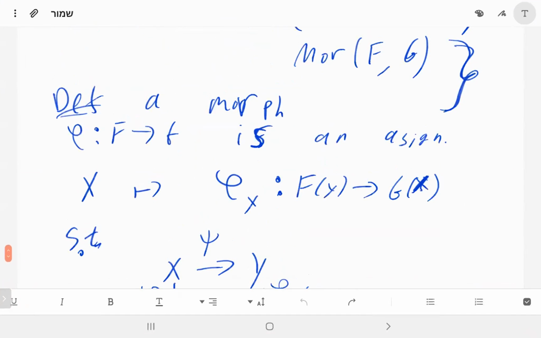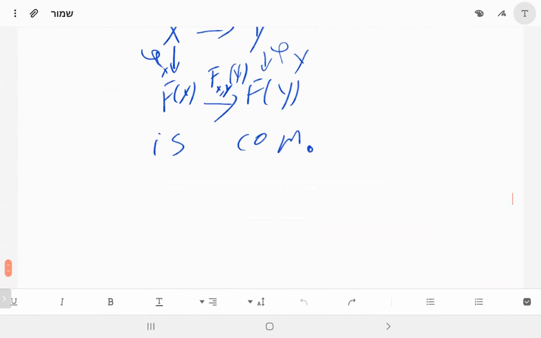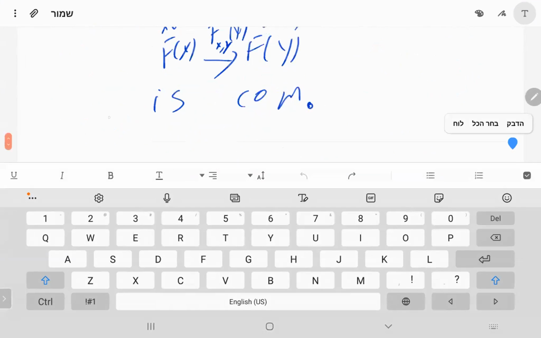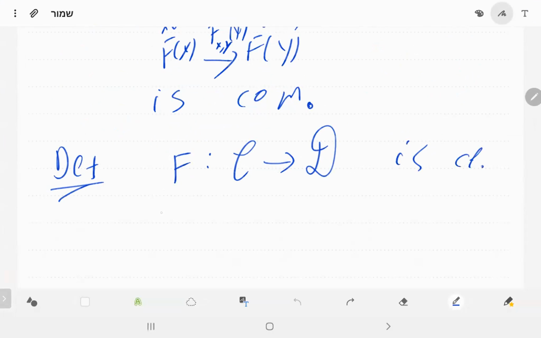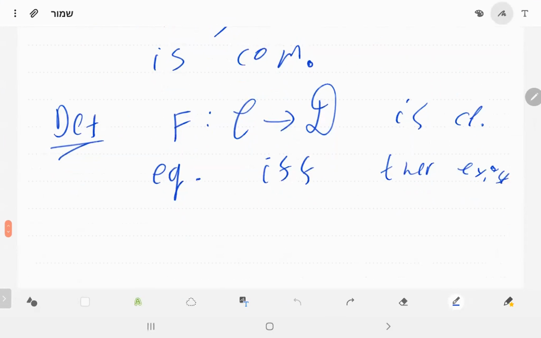This gives us the notion of equivalence of categories. Definition: a functor F from C to D is called an equivalence if and only if there exists G from D to C such that